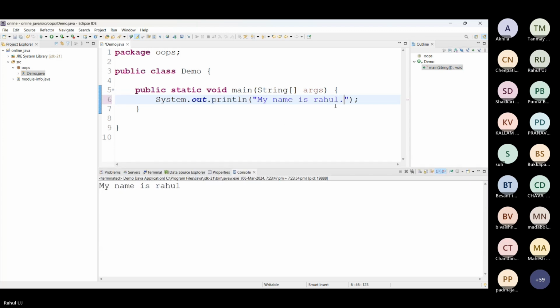See, I will change it and again press run. Are we getting the outputs changed dynamically?